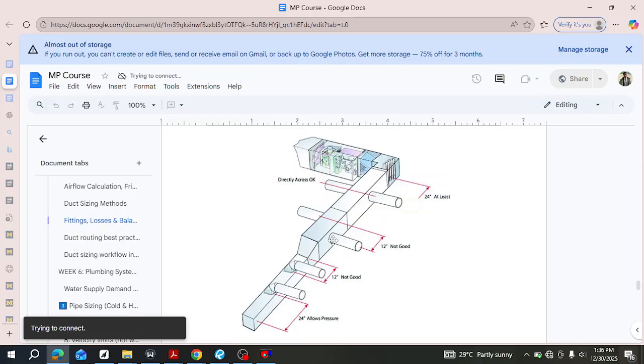Now you see that it's easier to attach because of this flat surface, easier to attach a flexible duct to this main duct. But imagine if this was a circular duct, it's going to be curved around, and there's a bit of a challenge attaching this to that. So yeah, I was trying to talk about